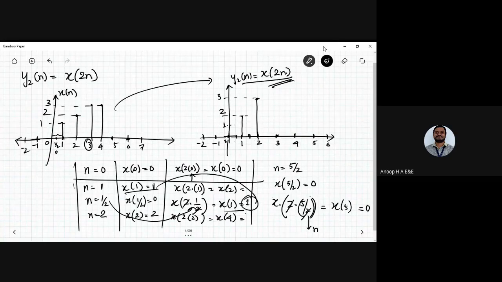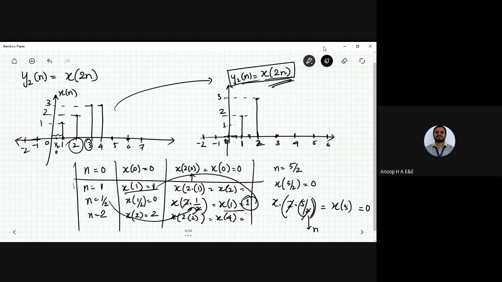That was 1 here. Now what do I need to do for 2 there? So n is equal to 1. At n is equal to 1, x of 2 value, what are you going to get? You're going to get it as 3, that is x of 2n. Hope you are getting what I'm saying. So at 0, at 1, and at 2.